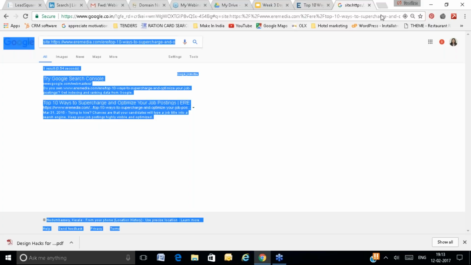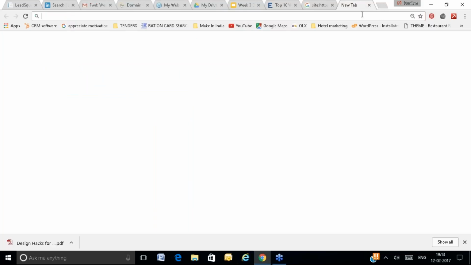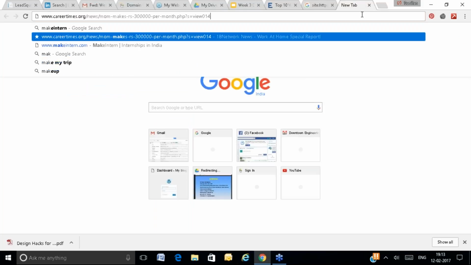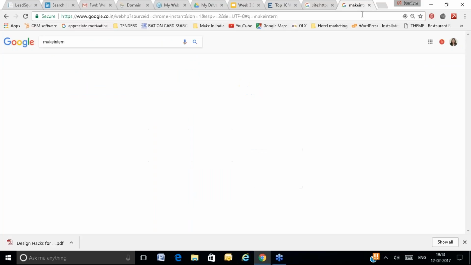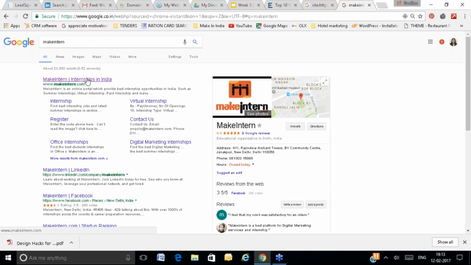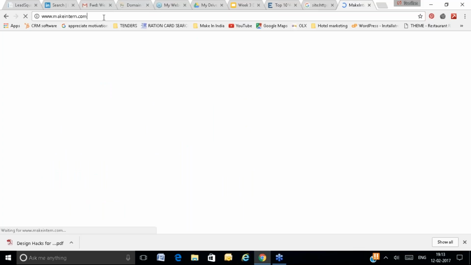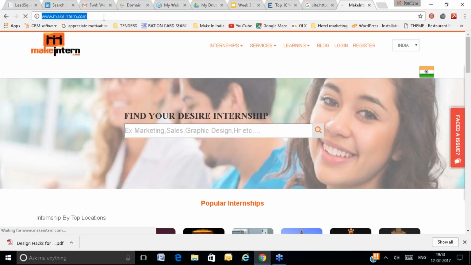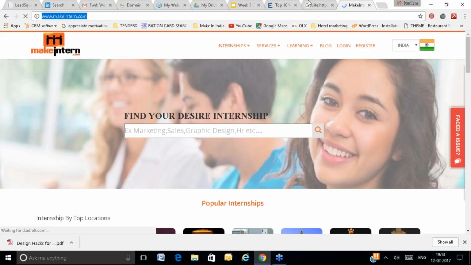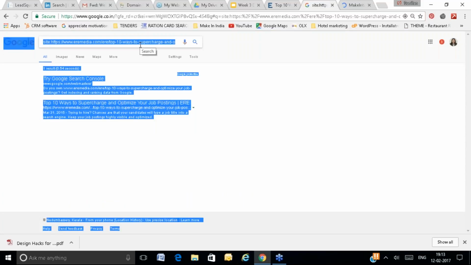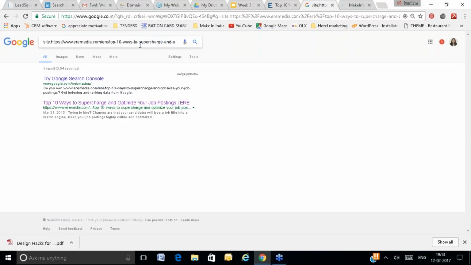Let's suppose you want to know how many Make Intern pages are present on Google database. If you want to know all the pages of Make Intern present on the Google database, just open the website makeintern.com, copy the domain name, and search for site colon URL, meaning site colon makeintern.com.